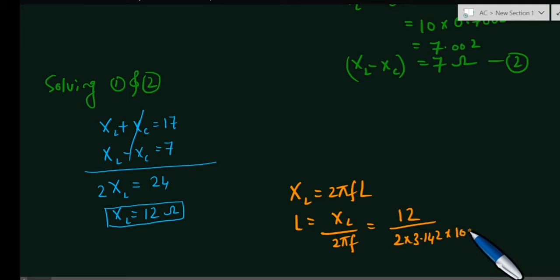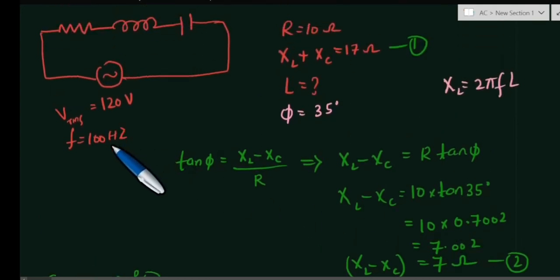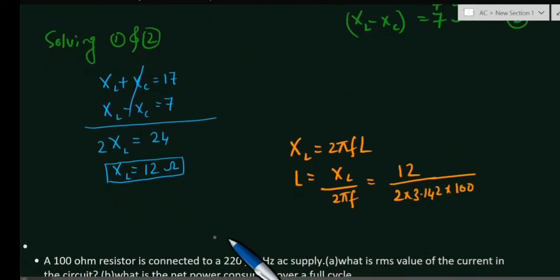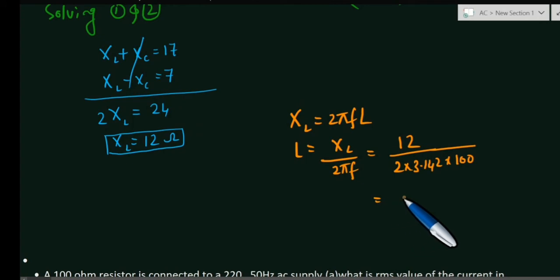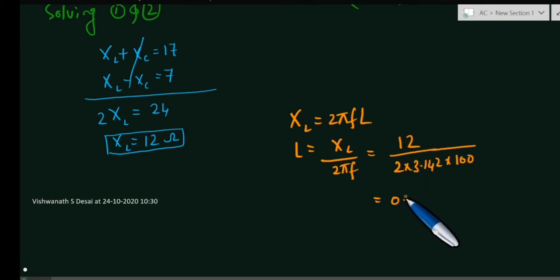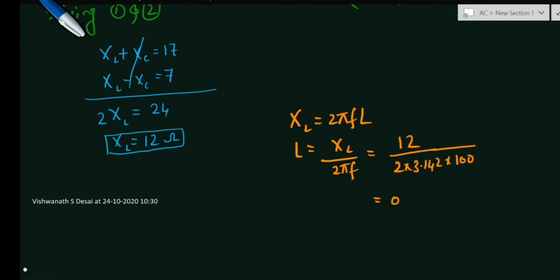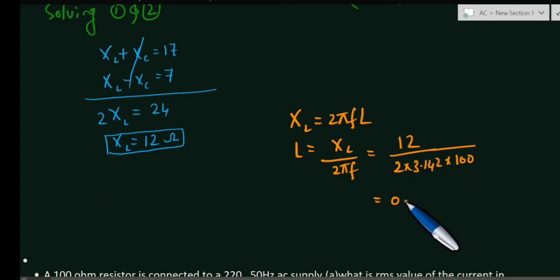They have given 100 Hertz in the problem. See, 100 Hertz. Therefore, the value comes out to be 0.019 Henry or 19 millihenry. So this is the value of